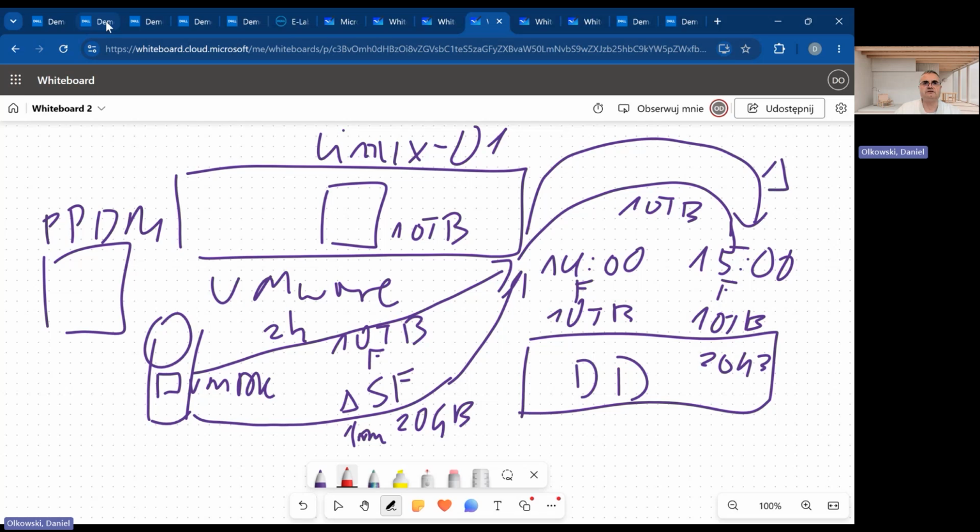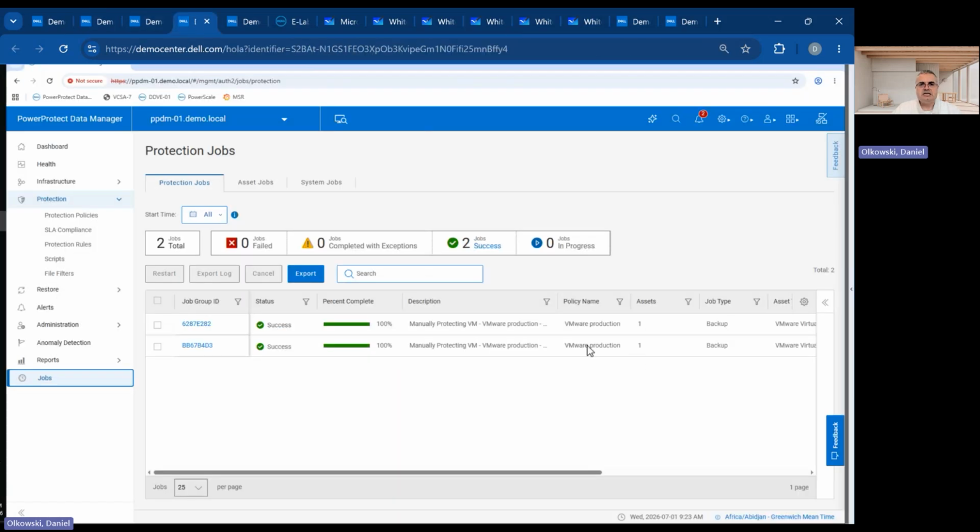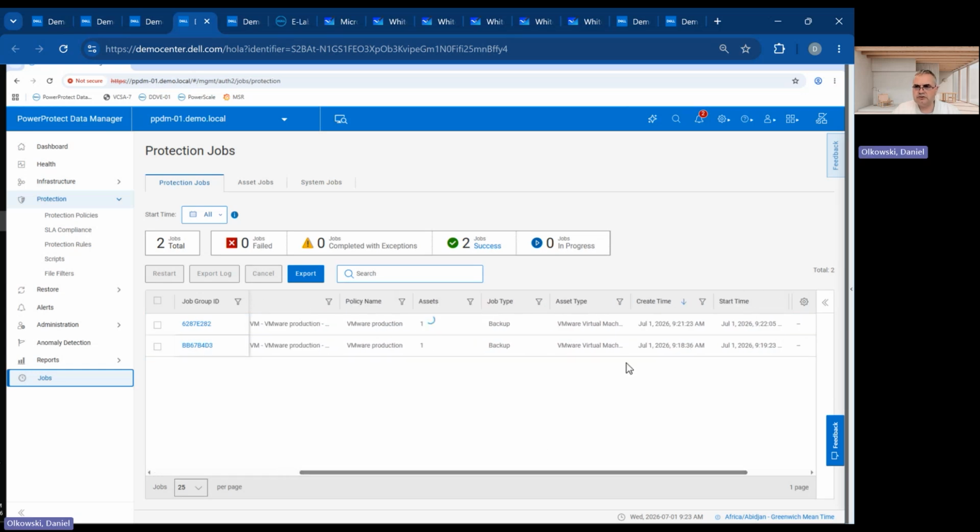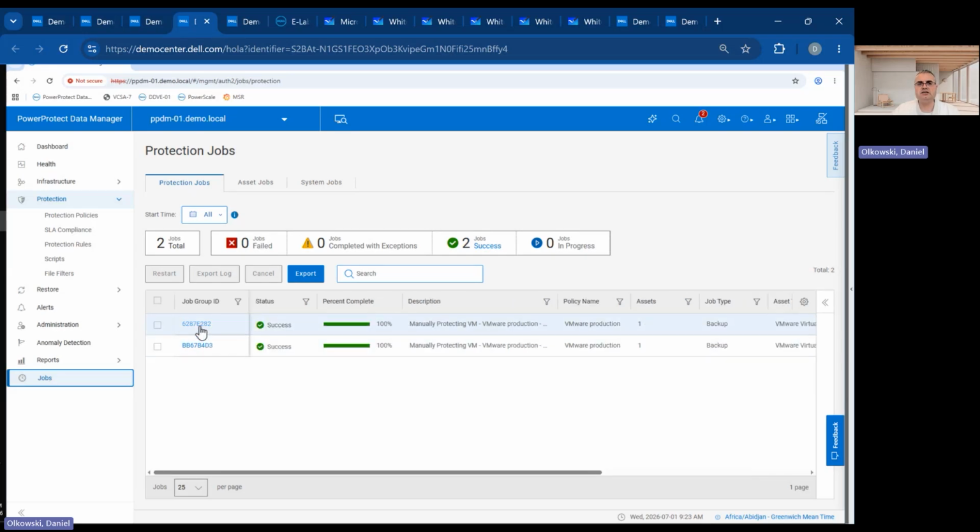So let's see if we have it. The second backup was this one, I think. Yes, this one, as you see. So please click on this one here. What we want to achieve at that moment is to see the parameters